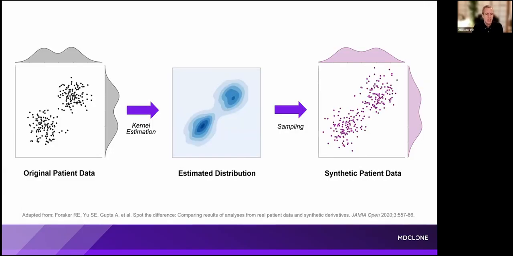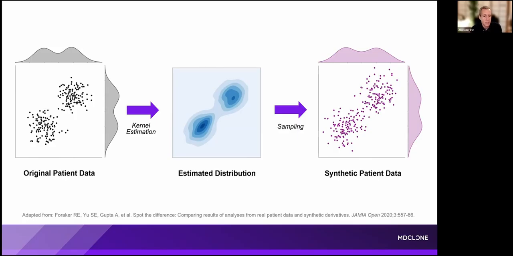And here's a diagram of how this is done. This comes from an article. I'll put up the link to this article toward the end of the talk, but this comes from a paper that was written by Dr. Randy Foraker at Washington University in St. Louis, validating the use of synthetic data and using a handful of clinical use cases of varying descriptions to show the utility of synthetic data. But what Dr. Foraker drew in her paper was, on the left, this is a representation of, in 2 dimensions,